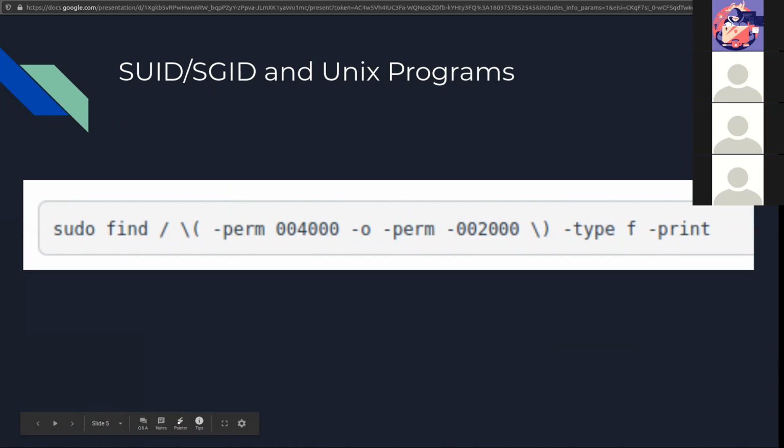The SetUID and SetGID can be a program or script where the owner is root, set by the SUID. Any of those users will run with superuser privileges. So you could do something like this that I have here on the screen to find all the SUIDs and SGIDs on a file system. And here we're specifically looking for anything that matches the 2000 SGID and the 4000